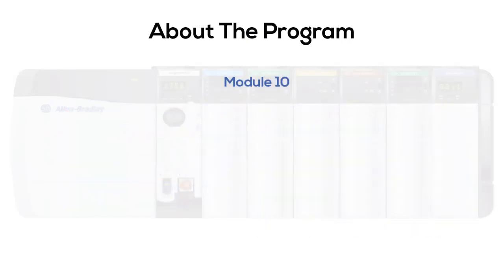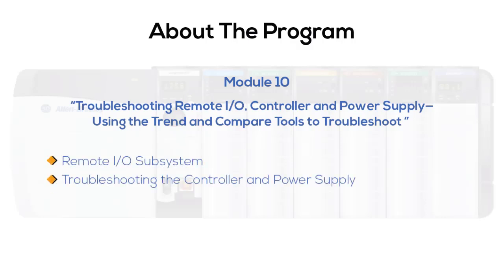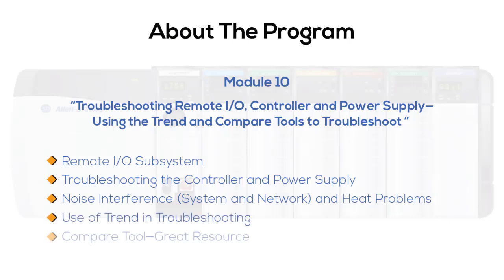In the final module, Module 10, we cover remote I/O subsystems as well as troubleshooting the controller and power supply, as well as other potential problems we can face during troubleshooting such as noise, interference in the system, and heat. Then, to finalize this module, we go over two important tools that are available in the Studio 5000 which help us troubleshoot a system: the trending function and the compare projects tool, which allows us to compare two ControlLogix projects